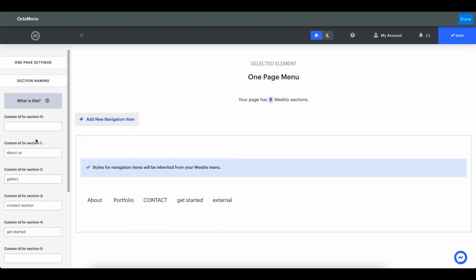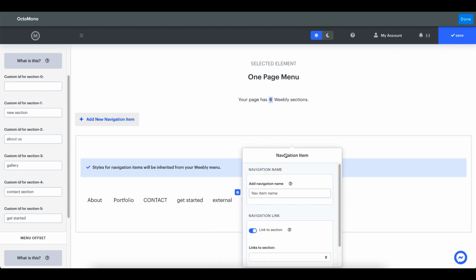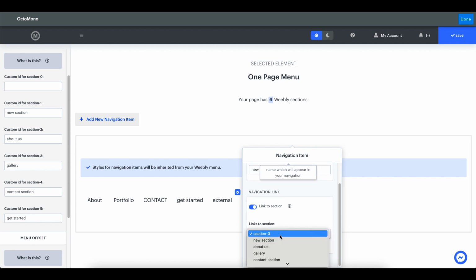The issue is actually our section 1 is now the callout section. So in this section here, for example, which would be our first one, is our Get Started one. This was our contact section. This is the gallery section. And the About Us section, and this is actually our new section we just added. So let's call this new section, and then we want to add a navigation item, and we want to link to that. Let's just call this new, and then the item we want to link it to is to the